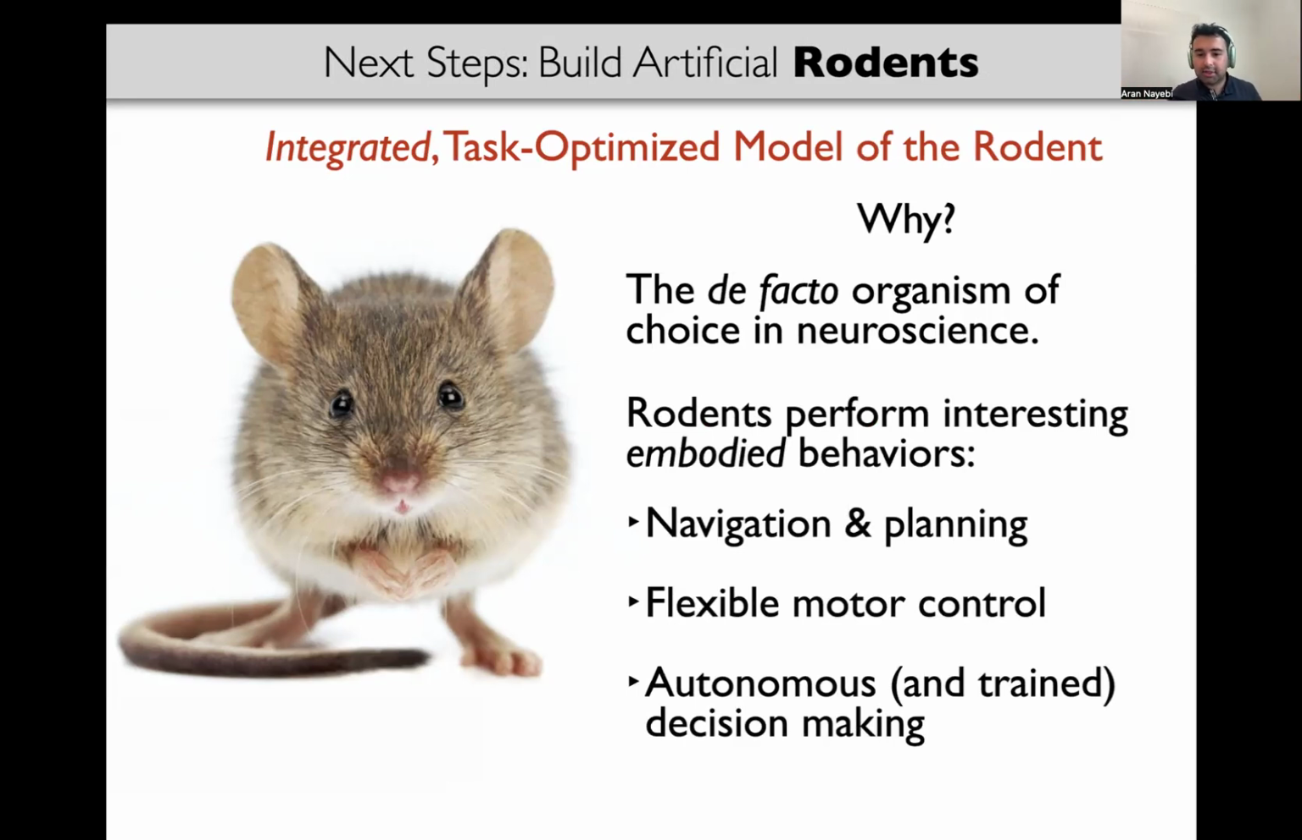They exhibit flexible and adaptive motor control. And interestingly, they can both display autonomous and also trained decision making. So why am I highlighting embodied here? Well, this is actually a domain that current generative AI with autoregressive losses trained on massive data sets really